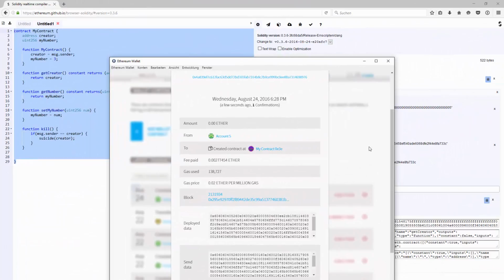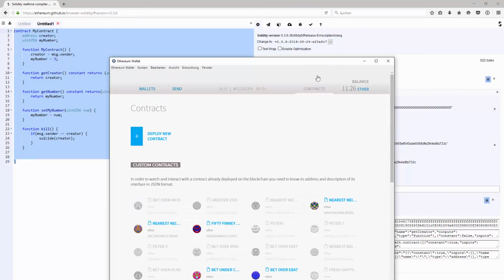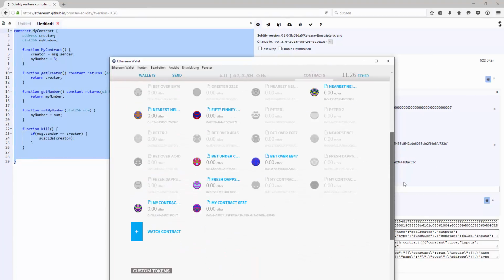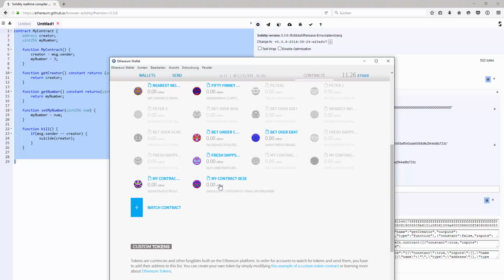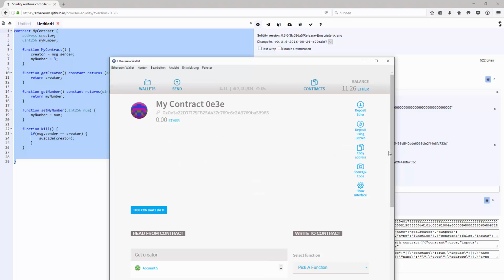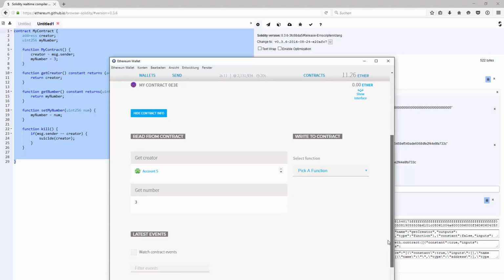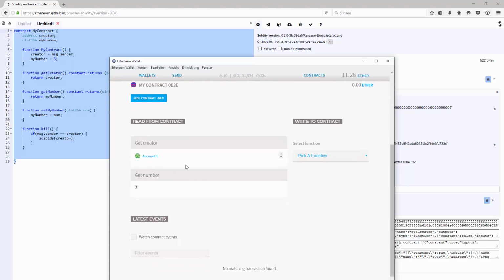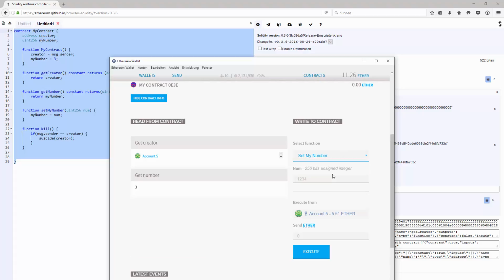It didn't take very long until the contract is deployed. I go back to the contract section. And I see my new contract. Whenever you add a contract to your wallet, all the constant functions are going to be listed on the left side. They are in the read from contract section. If you want to write to the contract, you have to select a function and enter whatever parameters the function will accept